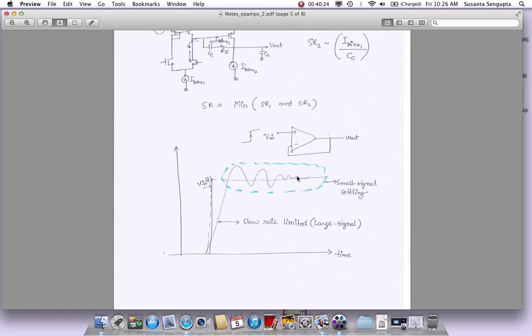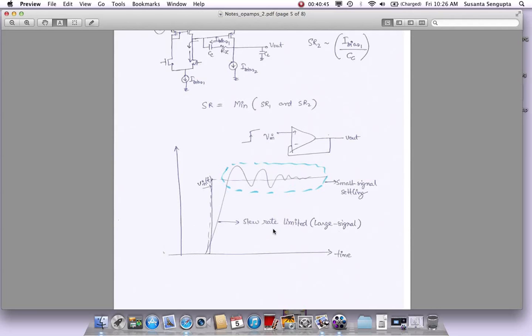Based on the response, I can tell that. But how about this region? Let's say we start from here, and this jump could actually be a big jump. It could be hundreds of millivolts or maybe a volt. So when we start, this one goes straight up, and this is actually a large signal behavior, and that